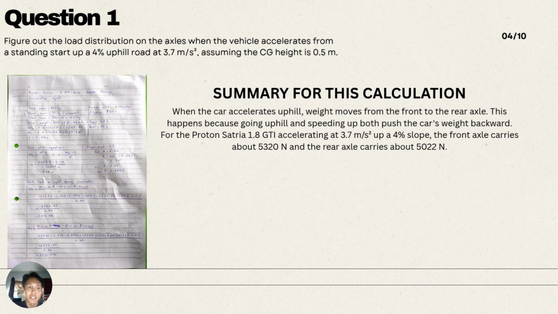The curb mass is 980 kilograms, the weight of the car itself, and we assume the driver mass is 75 kilograms. So the total mass is 1055 kilograms. For the total weight, we use the W = mg formula, which is 1055 times 9.81 equals